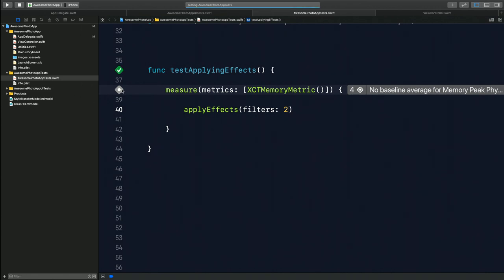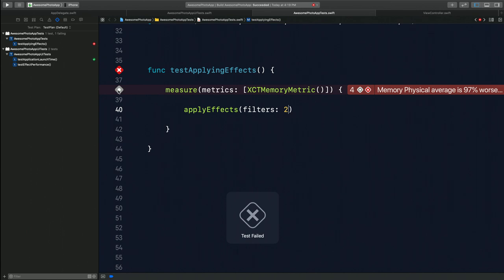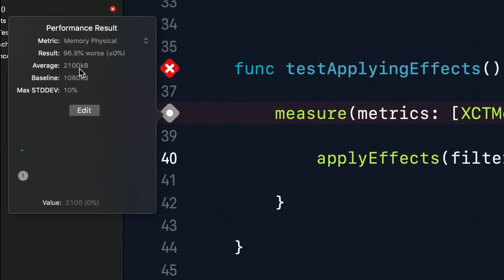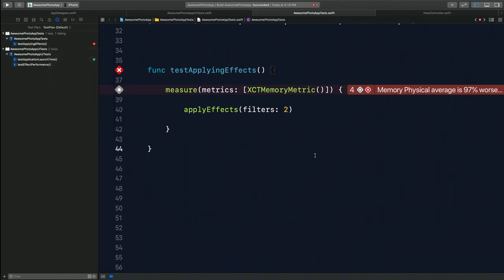And when that happens, you can check your impact. So as you can see, the impact is the test failed because this one is about 100% worse. It's about 2,000 KB. So probably I'm going to stick with one filter. So